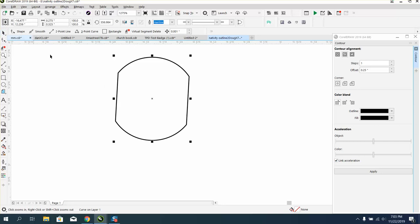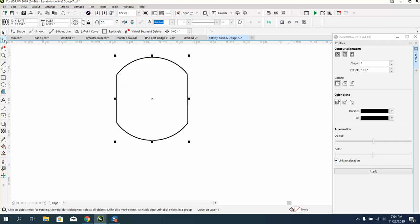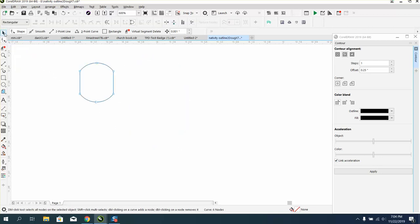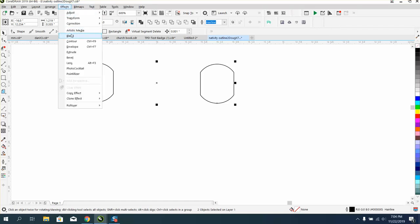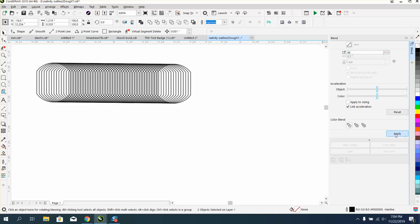if you notice, if you take this corner star, and I'm actually going to try to square this thing up. Our arrow is pointing this way. So we want the next one, Control D, just like that. Somehow I must have mirrored it or something. Let's go to the blend tool. Effects, blend, we want 48 of them, apply,